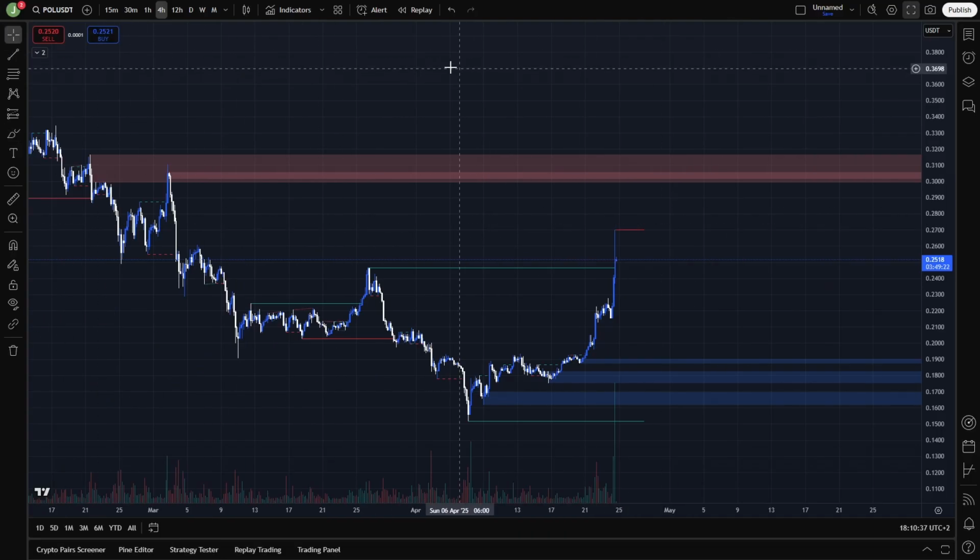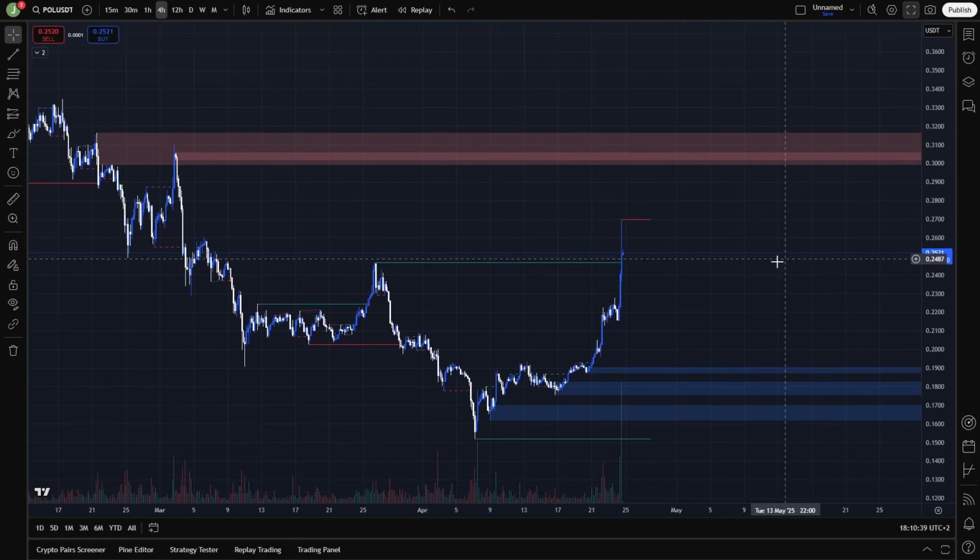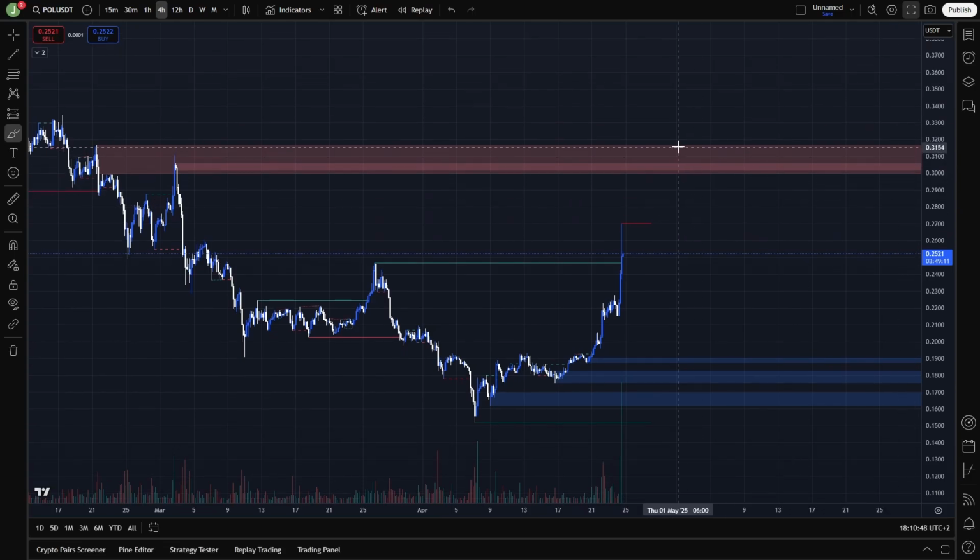Let's start today on a 4-hour chart. Right now, I'm expecting that from this pump, we are going to grab liquidity above this bearish order block, which is the current main resistance. This area is between level 0.3163 and